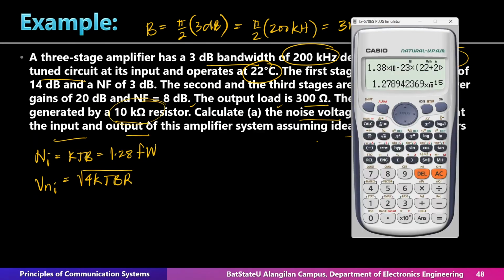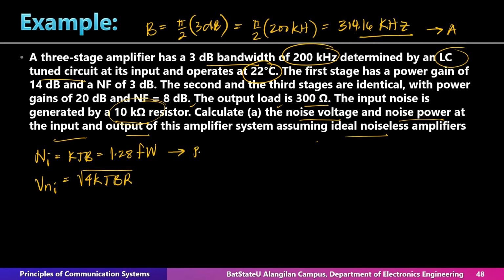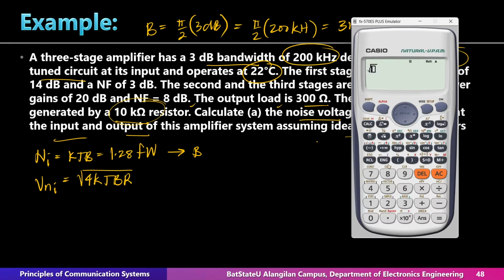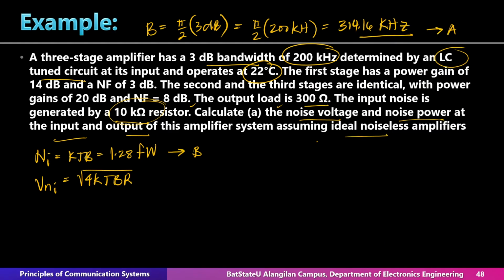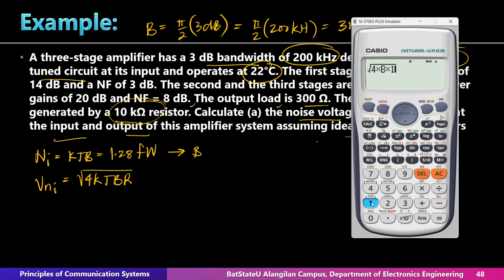KTBR. So, since na-compute na natin ito, yung KTB, i-store natin yan sa B ng calculator. O yan, para hindi mo malimutan, lagay mo na sa B ng calculator. So, we get the square root of 4 times yung KTB, which is stored in B, times yung R. Ano yung resistance na nag-generate ng voltage? Ito, 10 kilo ohms. So, 10 kilo ohms equals 7.15